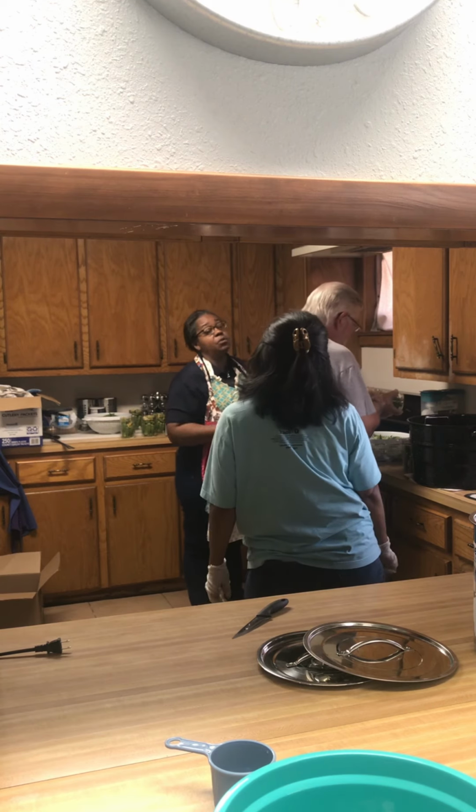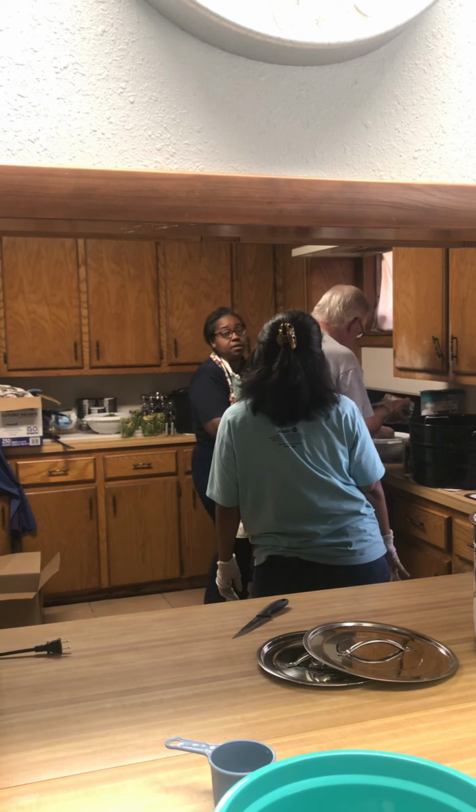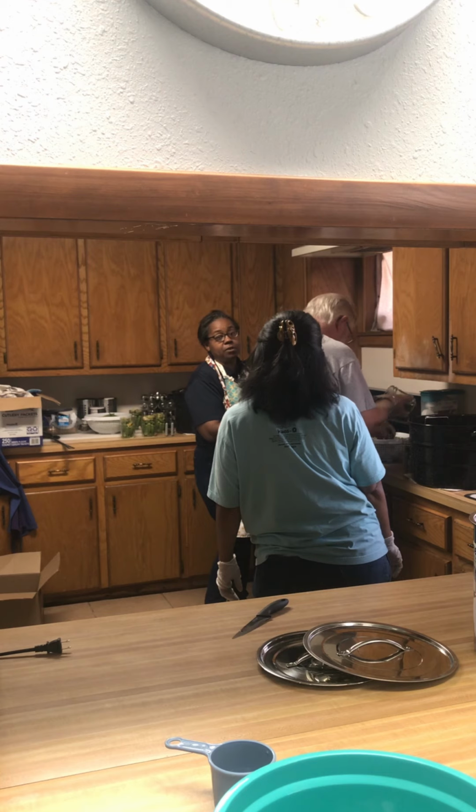Because some people just use it for a soup pot. So when you want to do canning, you have to go over to the canning aisle. Now, if you were just canning, like say you're canning jelly or something, and it was a small batch,